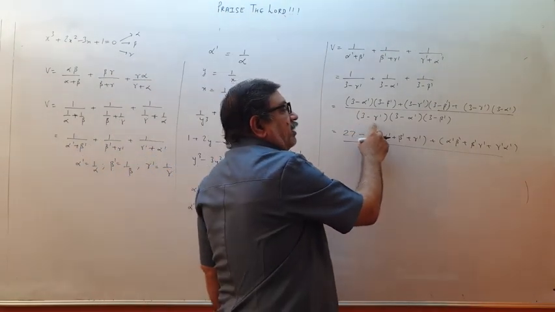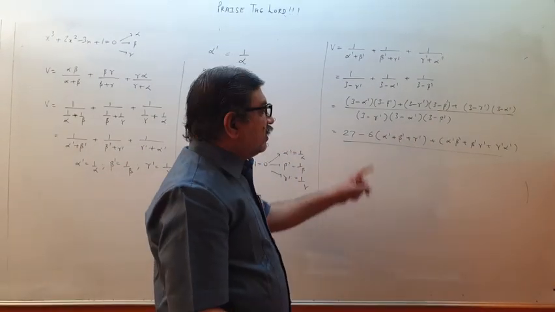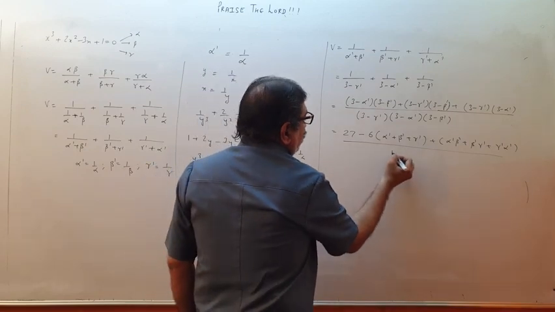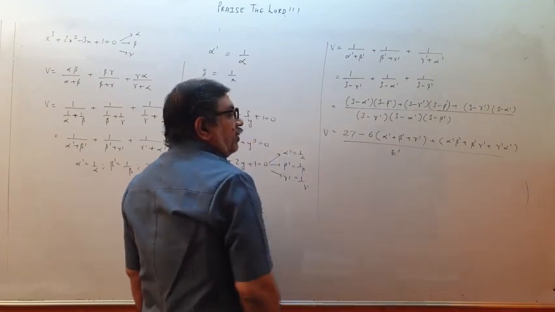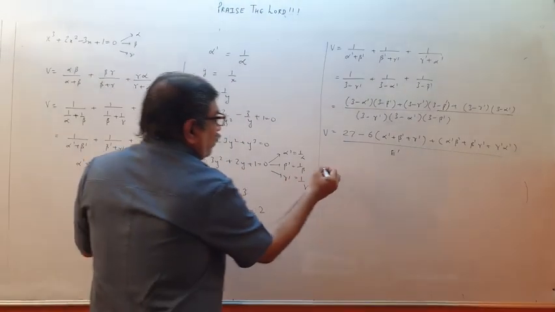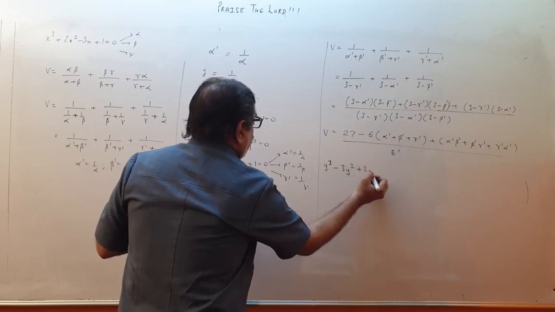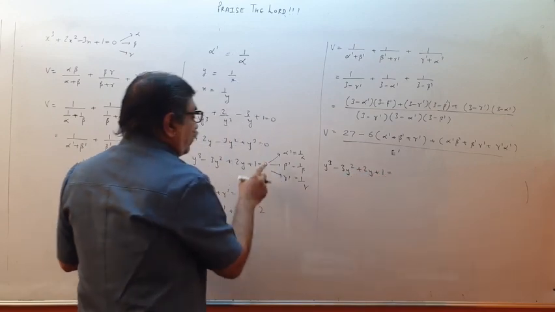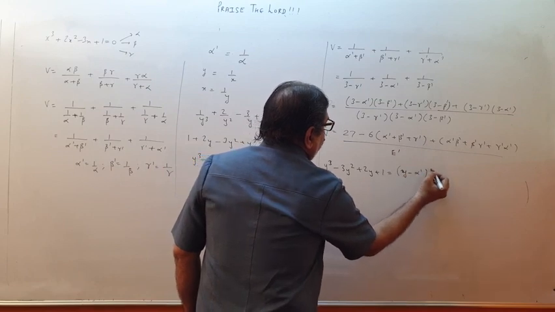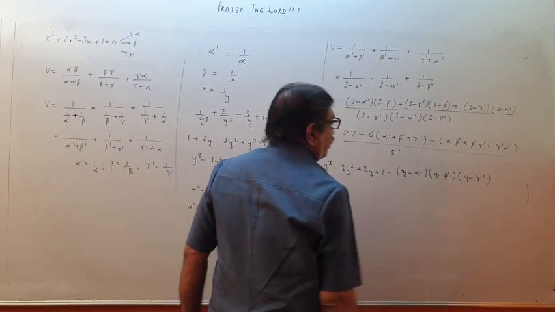Okay, so this will create trouble for us. So we want 3 minus gamma dash, 3 minus alpha dash, 3 minus beta dash, the same number subtracted from alpha dash, beta dash, gamma dash. So what we do is, we write supposing E dash over here. This is the value. Now what will be the value of E dash? See, we are having this equation, y cube minus 3y square plus 2y plus 1. Its roots are alpha dash, beta dash, gamma dash. So write it as y minus alpha dash, y minus beta dash and y minus gamma dash.